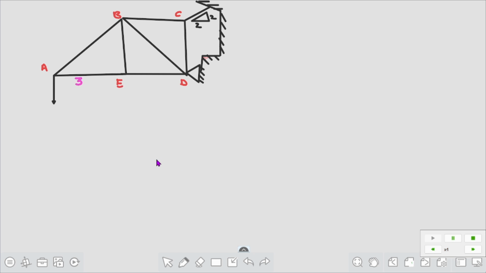Hello, today we will solve the forces in the members of this loaded truss. This is a 4 kilonewton load at point A, and the members are 3 meters. All these members are 3 meters. The first step is to find the angles between these members, what angle will be here and what